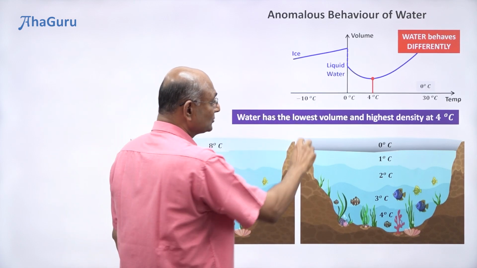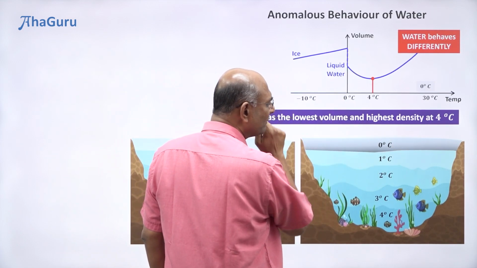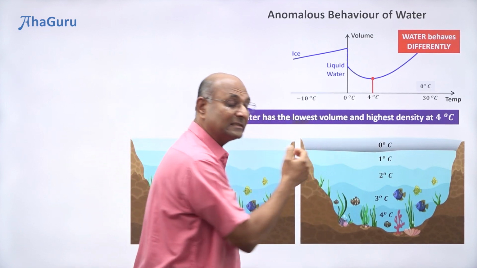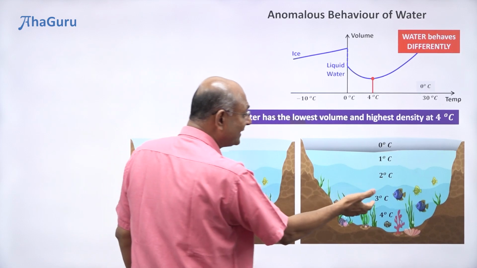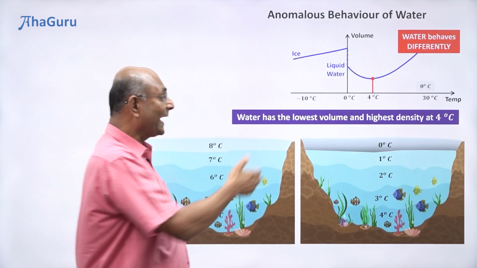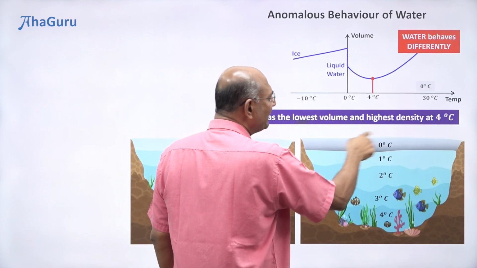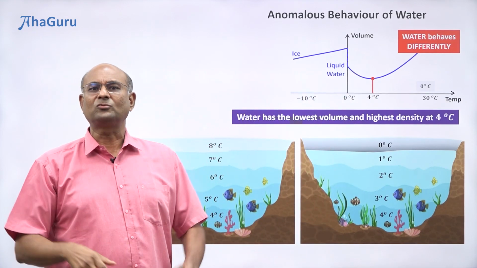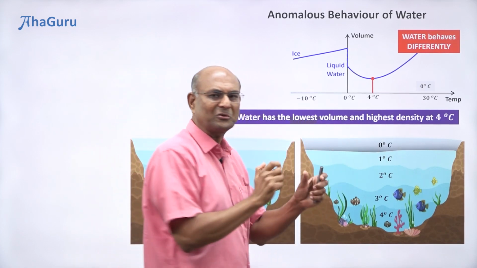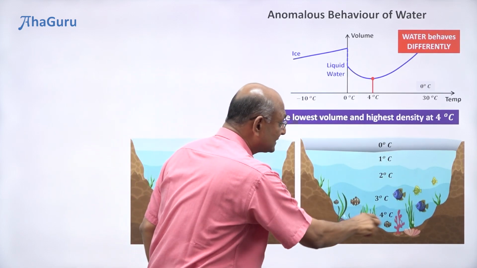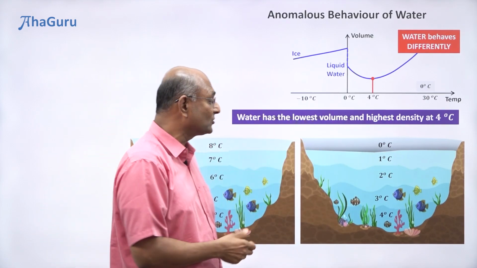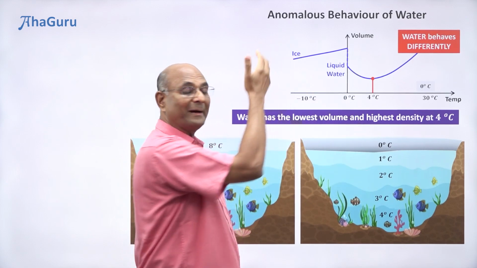Ice will float. So this remains ice there, and then what happens? Once it has become ice, ice is a very bad conductor of heat. So it's not going to take heat from this and pass it on to the air above it. The air above it can get very cold. Maybe this ice will go from 0 degrees Celsius to -1, -2, even -10. It will become like rock solid ice. But this heat will continue to remain because ice is a bad conductor of heat. It's not going to take the heat from here and pass it on.